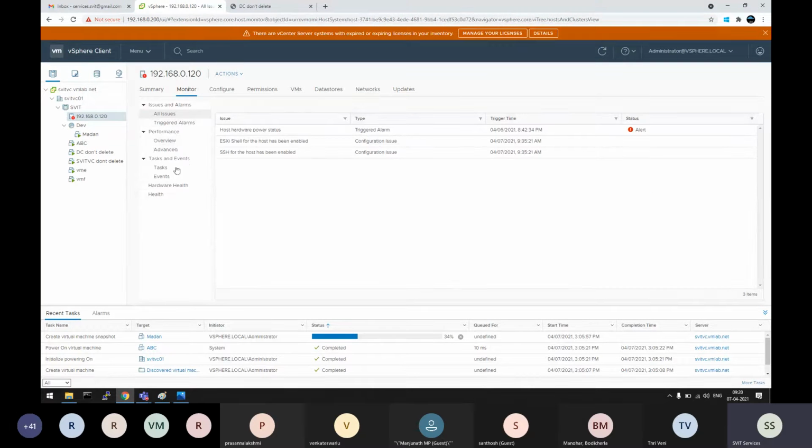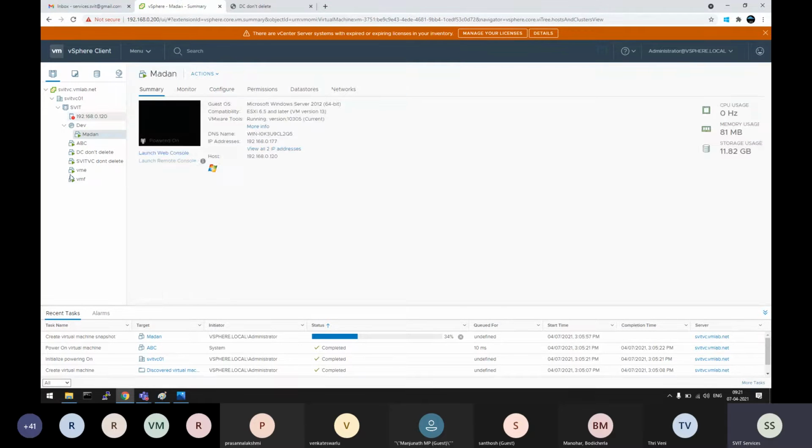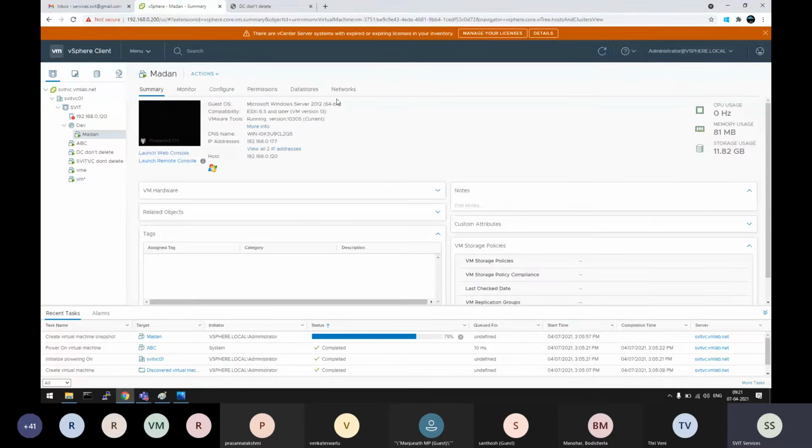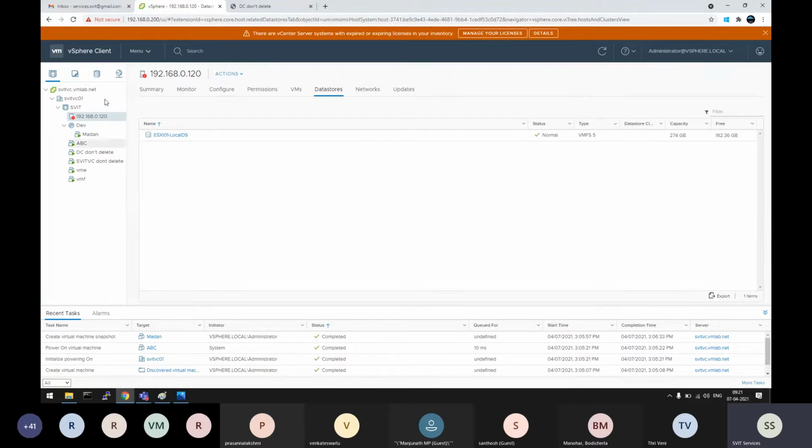We try to learn what options will come here and when we use in real time, how to use and how to understand the data. Okay. But it is complete. These tabs only will be there. Even if you select any other object, again the same tabs will be there. On one object, if you know what are all the tabs and what are all the options that are available and why and when we use it, is more than enough. The same options will be applicable for all the objects that you see here.